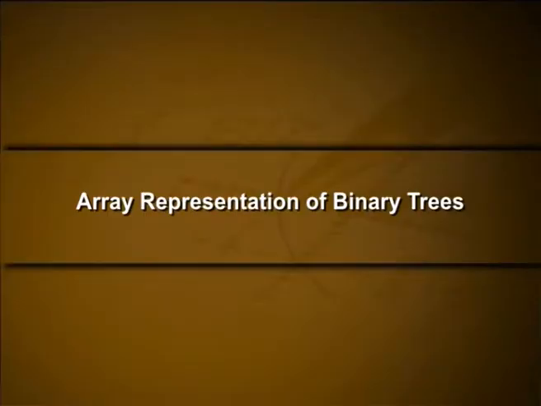Like stacks and queues, binary trees can also be represented using either an array or a linked list. Array representation of binary trees. The simple method to store a binary tree is by using a single contiguous block of memory cells for the entire array. In this approach, the tree's root node is stored in the first cell of the block. The left child of the root node is stored in the second cell and the right child in the third cell. In general, the left and right children of the node stored in nth cell would be found in cell 2n and 2n+1 respectively.